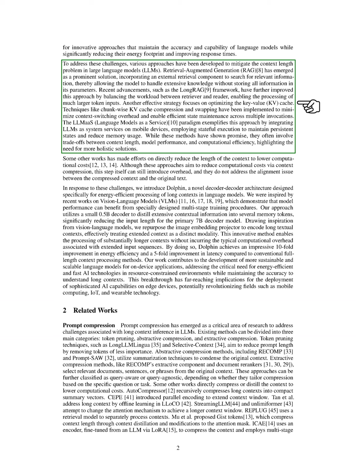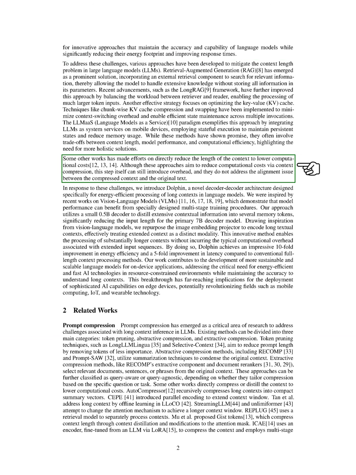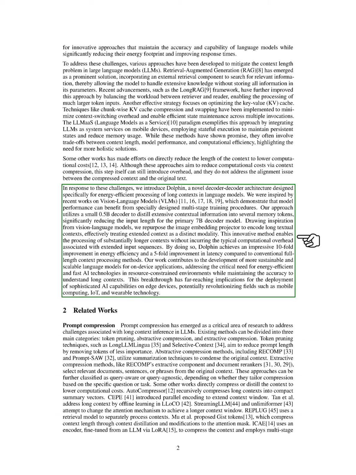While these methods show promise, they often require trade-offs between context length, model performance, and computational efficiency, indicating a need for more comprehensive solutions. Some research has focused on directly reducing context length to cut down on computational costs. Although these methods aim to compress context, they can introduce their own overhead and may not align well with the original text. In response, we introduce Dolphin, a new decoder-decoder architecture designed for energy-efficient processing of long contexts in language